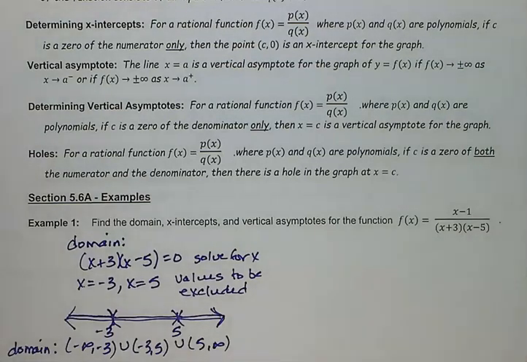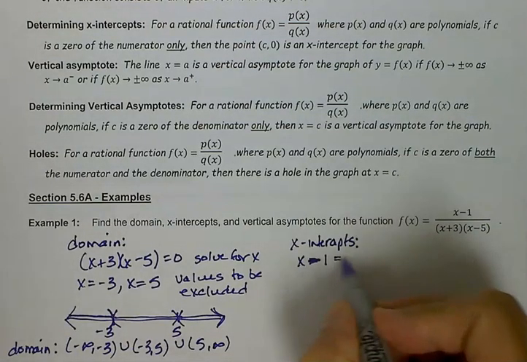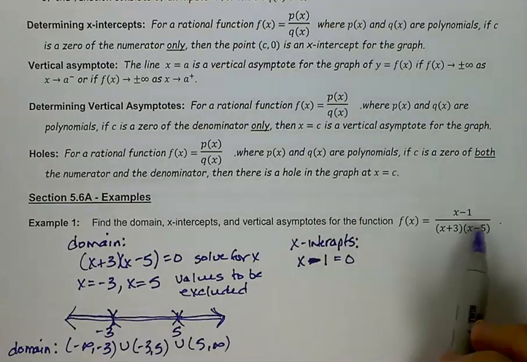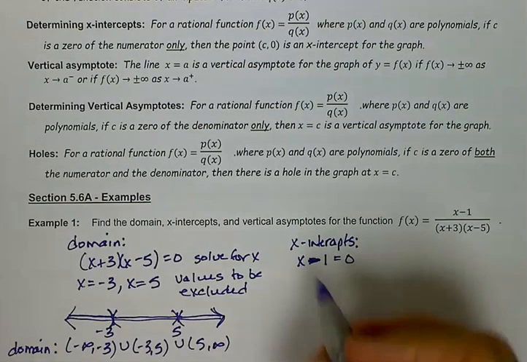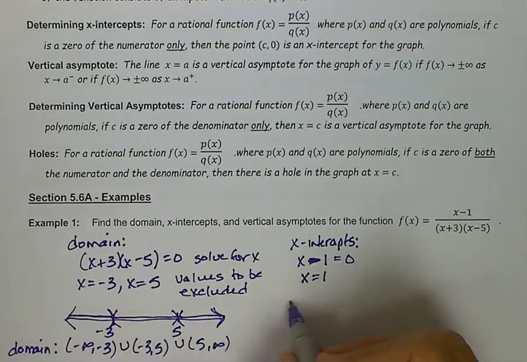Now let's look for the x-intercepts. For these, we're looking at the numerator and setting that equal to 0. For this, we have x minus 1 equals 0. Where that's going to happen is at x equals 1. So our x-intercept is the point